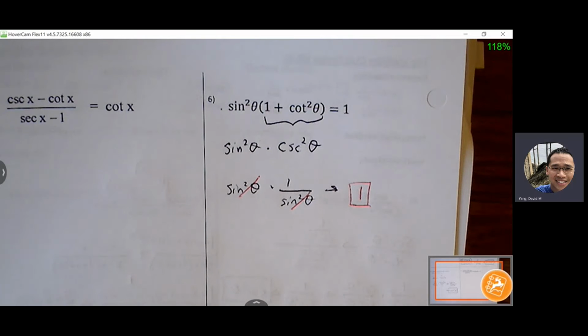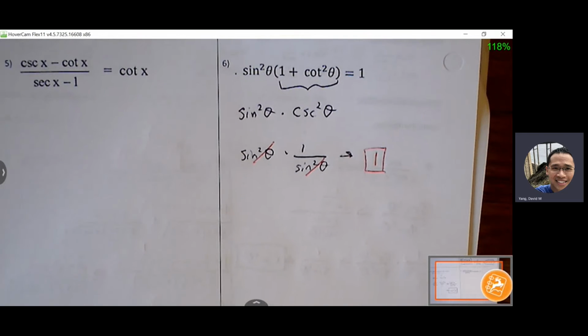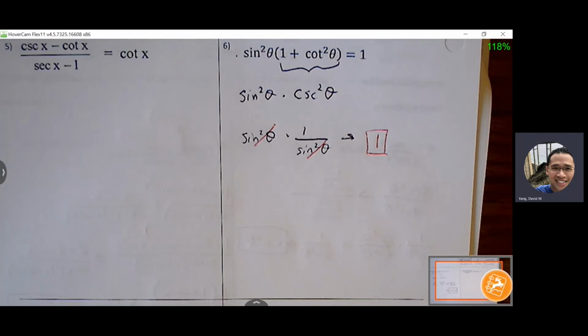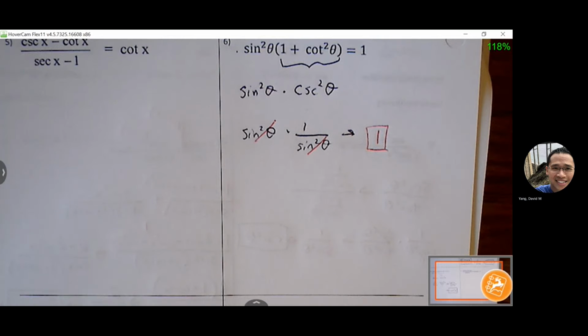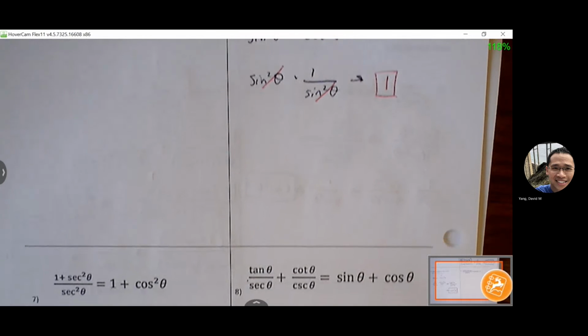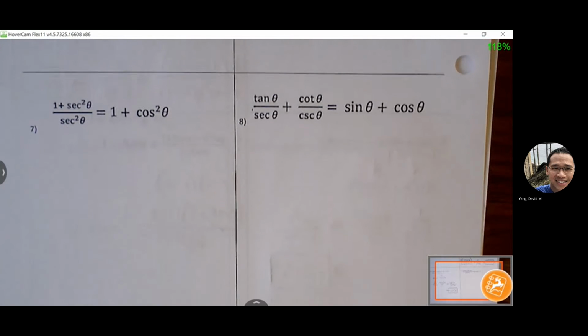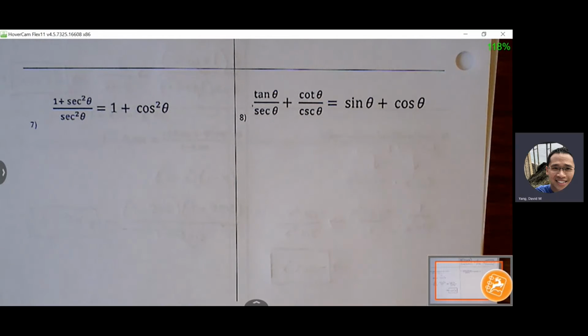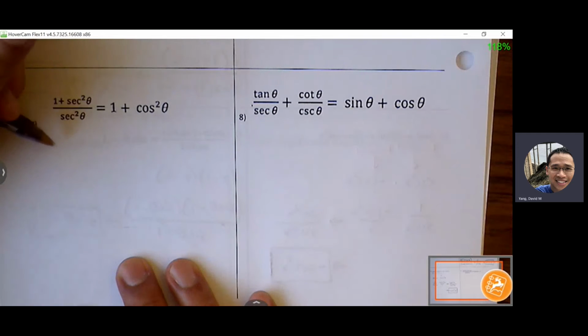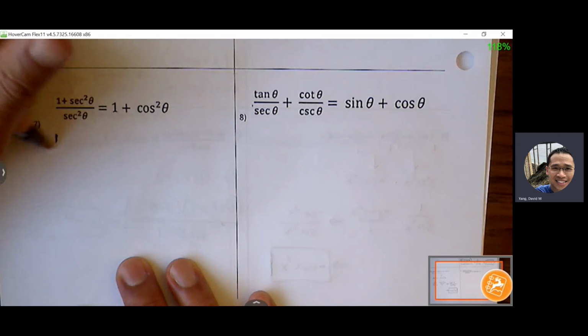7 is a duplicate from previous, but see if you remember the steps for 7. What can we do with 7? Yeah, break it up. Yeah, we saw that before. I mean, we can convert everything in terms of cosine, but